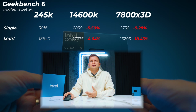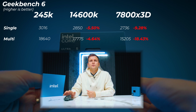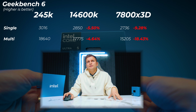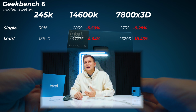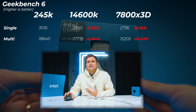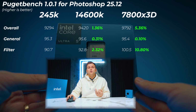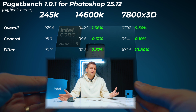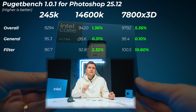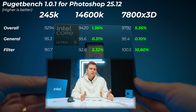Geekbench 6, the 14600K is about 5.5% slower in single core score and about 4.6% slower in multi-core score. The X3D is 9.3% to 18.4% slower in the single and multi-core scores. Now, in terms of the iGPU, if you want to see the performance difference, go check out the Core Ultra 9 video. In terms of Photoshop and actual benchmarks now for creators, the 14600K is 1.4% faster in overall Photoshop